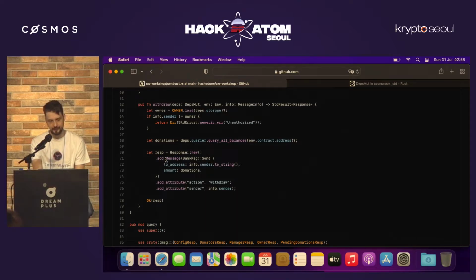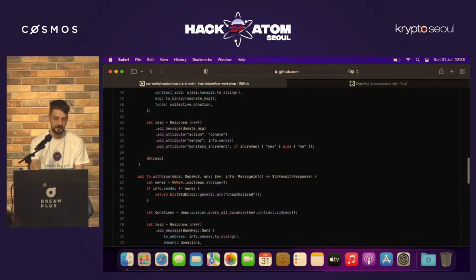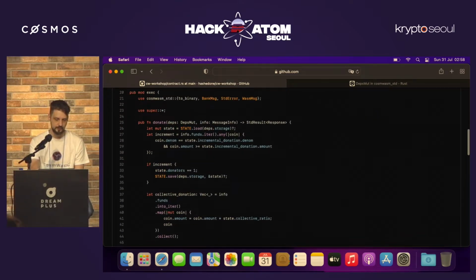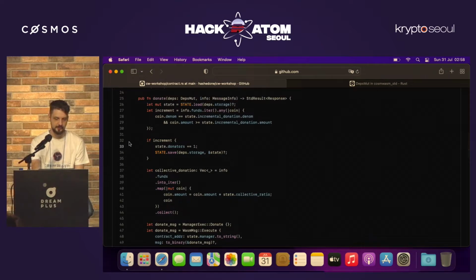And this bank message would be executed right after this execution is completed. The withdraw execution is completed to transfer all the tokens. And now let's go to this a bit more complicated donate thing. What I do here,